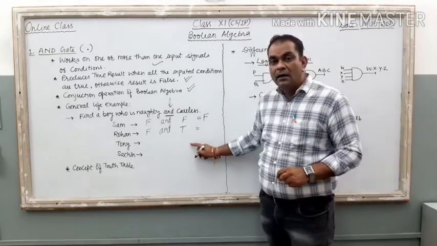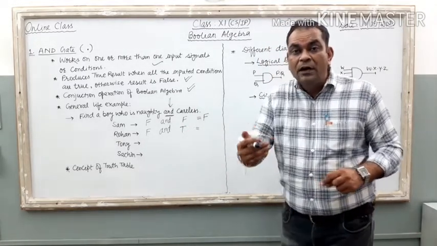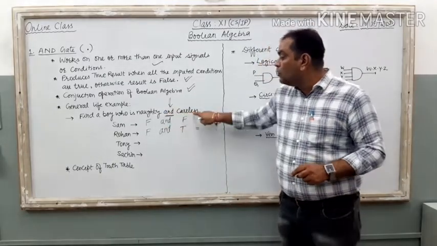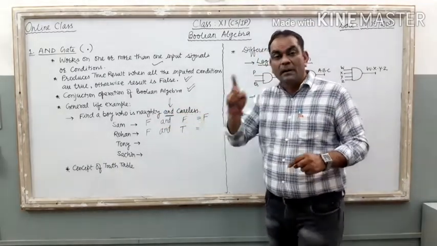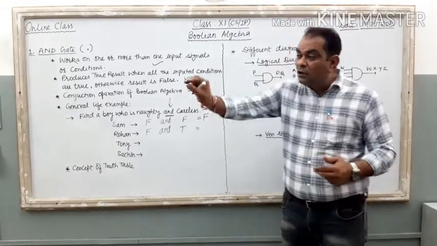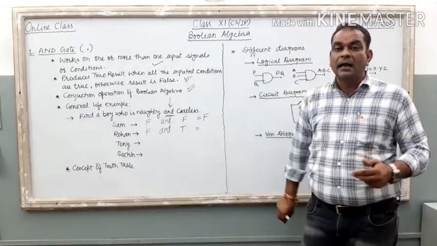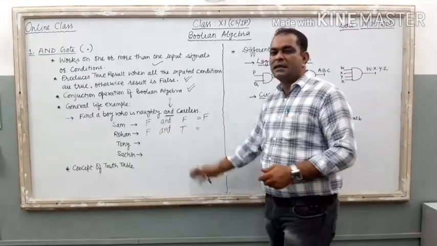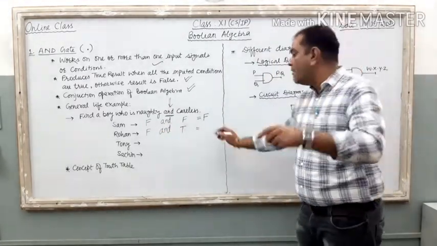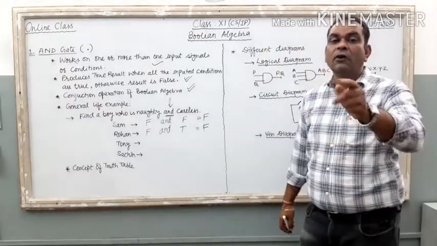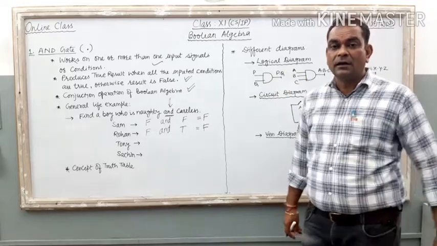Can you filter? We are going to filter only those students that are having these two conditions true. Naughty भी होना चाहिए, careless भी होना चाहिए. दोनों चीजें होनी चाहिए तो उस बच्चे को आपको उस बीट से बाहर निकालना है. Now, Rohan, first condition is false. Second condition true, but according to the statement, we cannot filter Rohan. So overall result false. नहीं लेके आना, छोड़ना है उसको भाई.